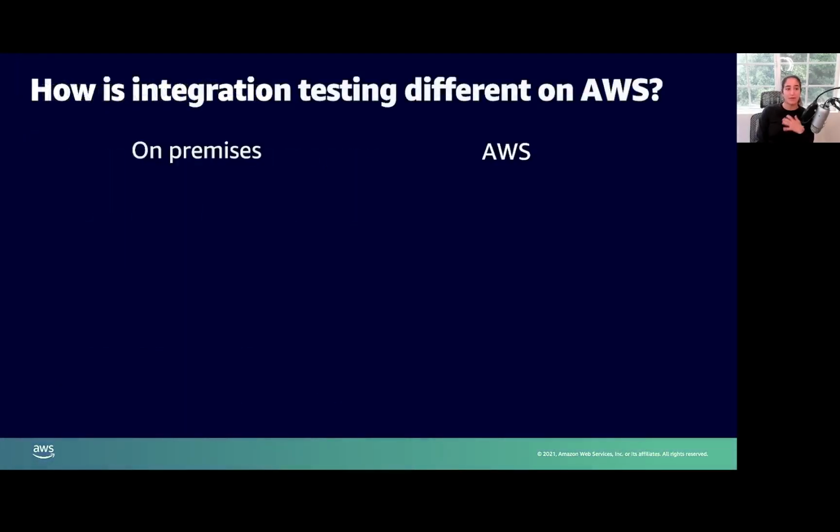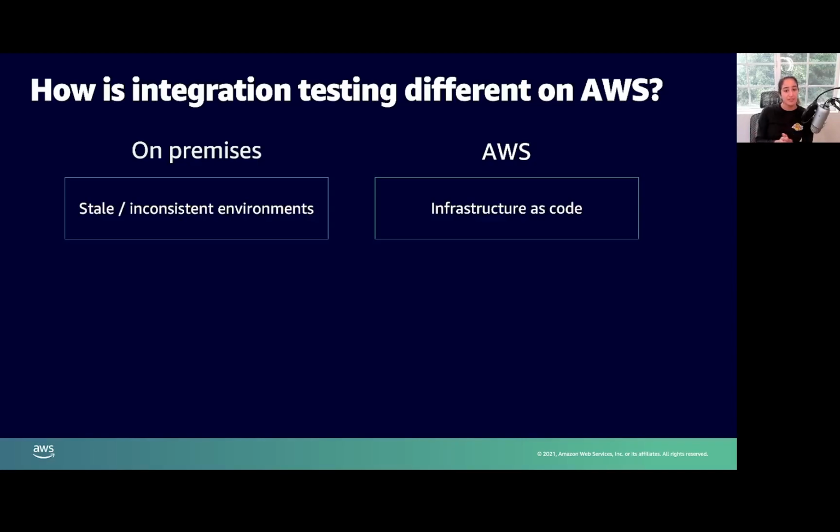So, how is integration testing different on AWS, and specifically using serverless applications? How is integration testing different? We know that there's more of them, but what else? The first thing that's different about deploying infrastructure on-prem versus AWS is that on-prem you get used to having stale